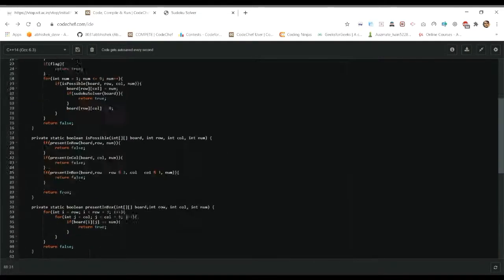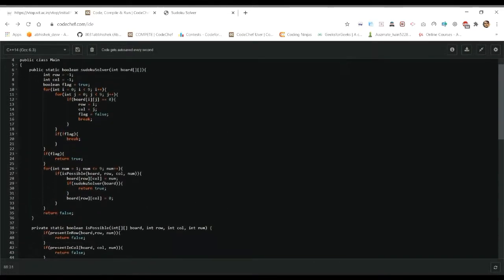So I will first start with the Sudoku solver function. This is the main function where we have our backtracking approach. I will first give a rough idea of what I'm going to do in this. We will traverse each row and column, that's i and j, and we'll check where the empty cell is.